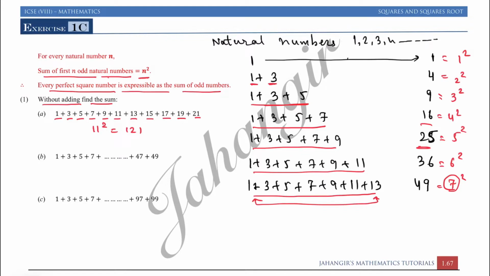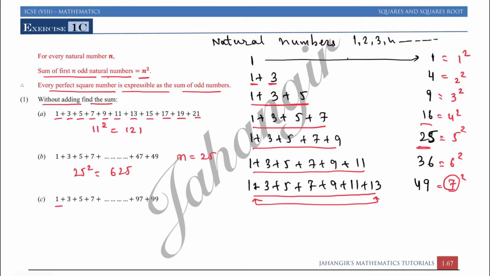How many odd numbers are there between 1 and 50? There are 25 odd numbers. Okay? If you count 1, 3, 5, 7, 9, in 1 to 50 there are 25 odd numbers and 25 even numbers. So we are adding 25 odd numbers. So n is 25. So its total will be 25 square, that is 625. So in short, you have to first calculate how many odd numbers we are adding up, and then you have to square that number.